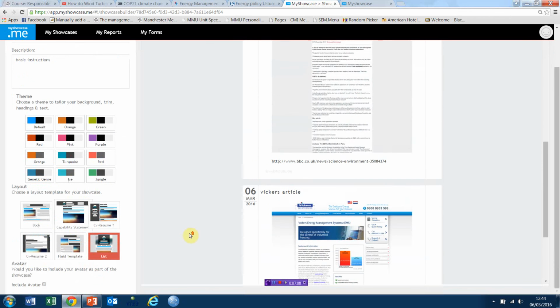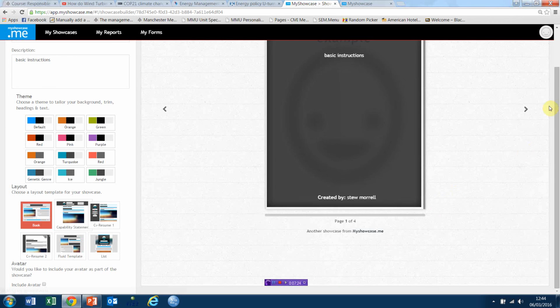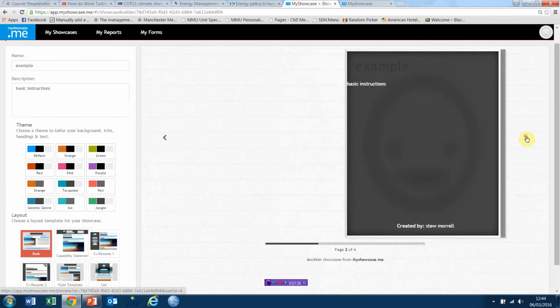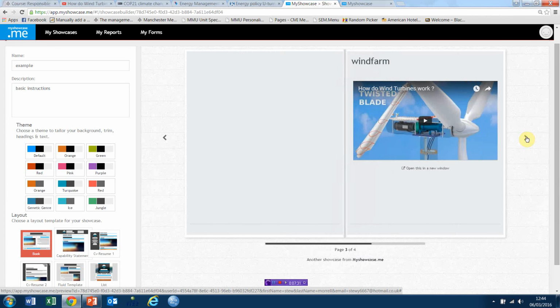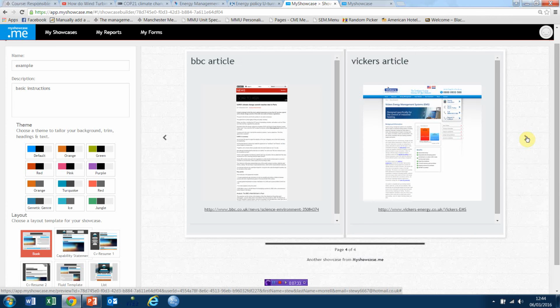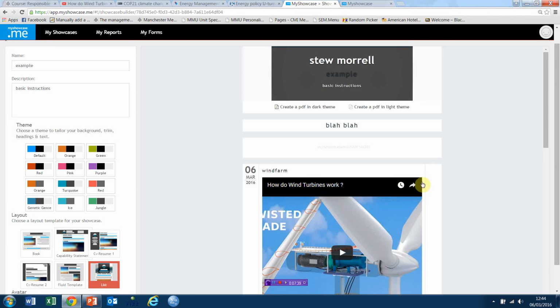Now, when you come to publish your showcase, which I don't want you to do until right at the very end, you would click, instead of bottom right where my mouse is, top left where my mouse is, and that's a book. So click on book, and you'll see it's got a different format. So it creates your own contents page and then goes through. So that's what you will publish, but before you do that, you need to complete your My Showcase,